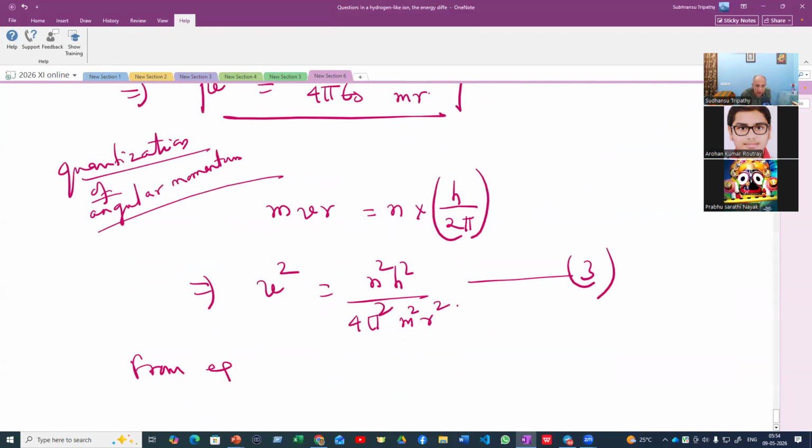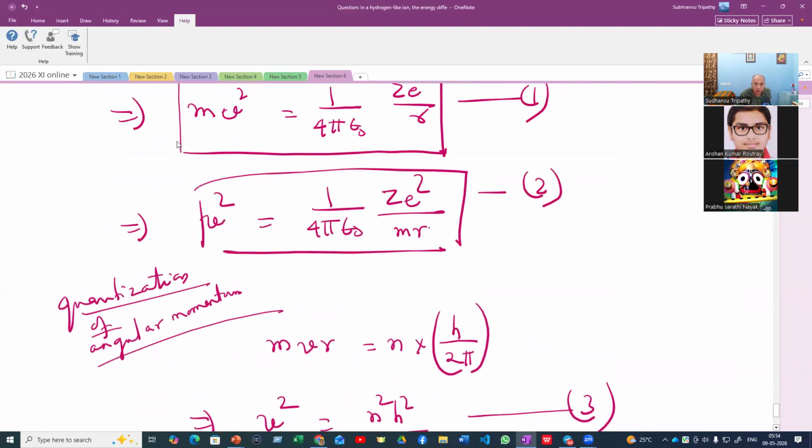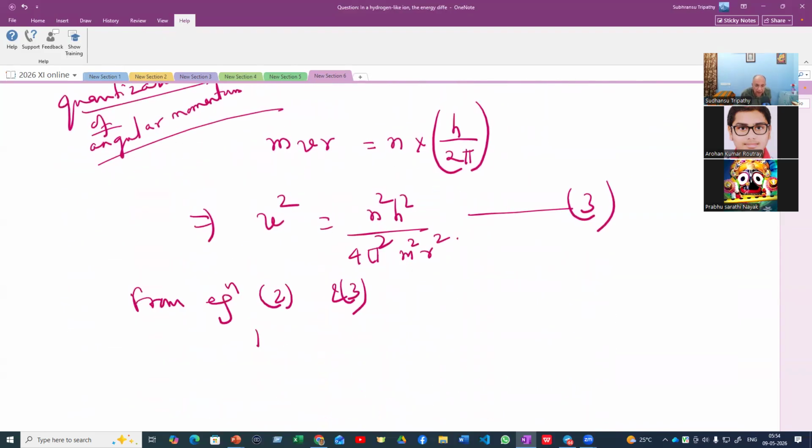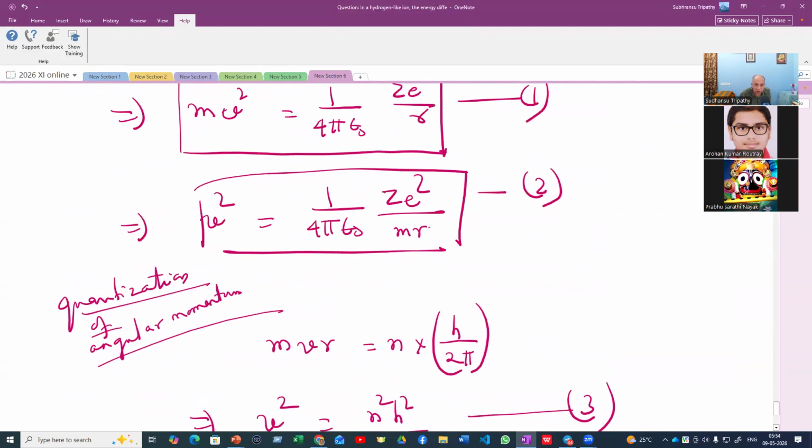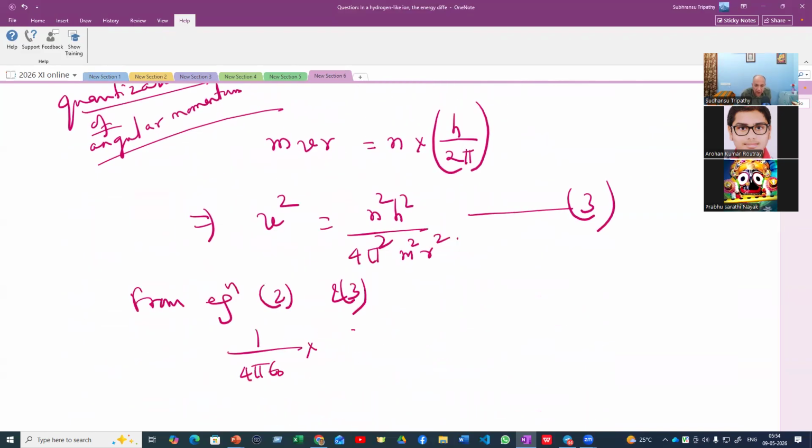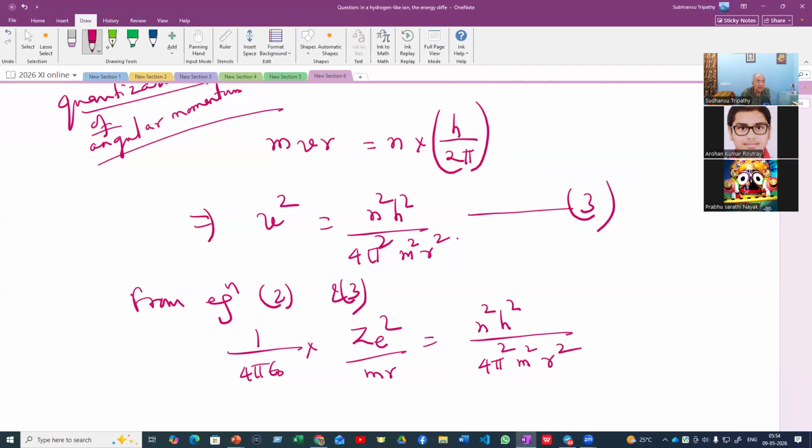From equation 2 and equation 3, we get, from equation 2, it is 1 by 4 pi epsilon naught into Z e square by m r. And equation 3, from the quantization of angular momentum, n square h square by 4 pi square m square r square. So 1 m gets cancelled,